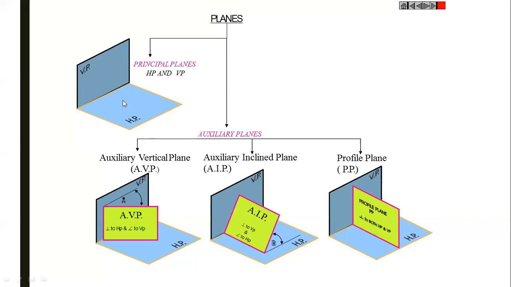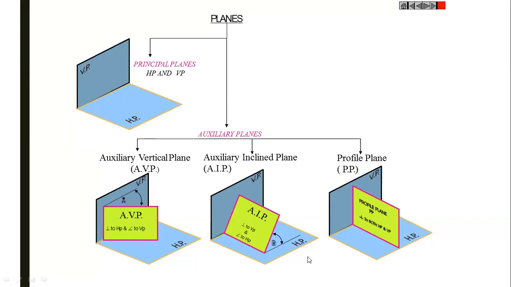If suppose the object is inclined or any one of its surface is inclined, we have to use these AIP and AVP. So some people were asking me, what about AVP and AIP? So this is AIP, which is auxiliary inclined plane. That plane is definitely perpendicular to VP and inclined to HP. As you can see, this is the angle with HP. If you are viewing it from this direction, this will be seen as a line in your VP, an inclined line in VP.